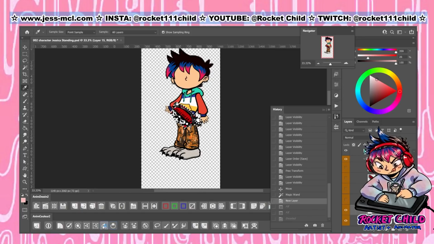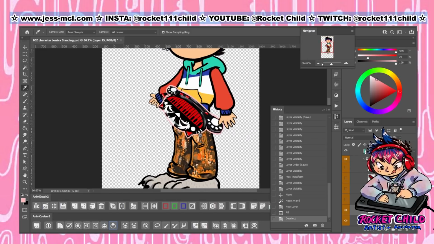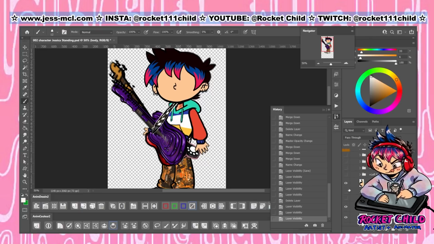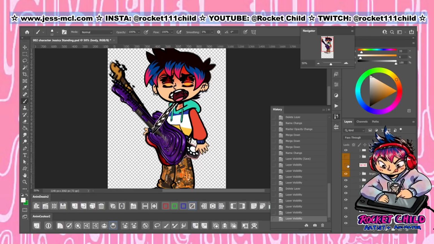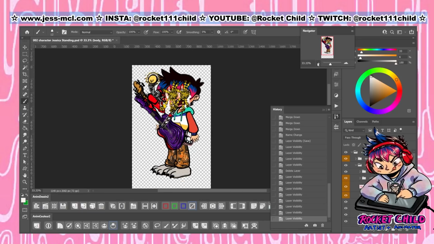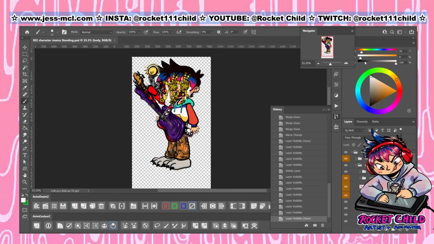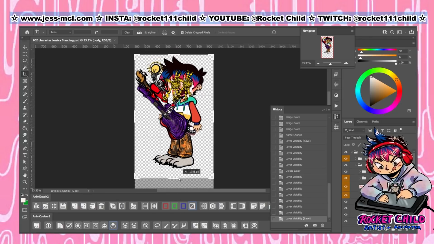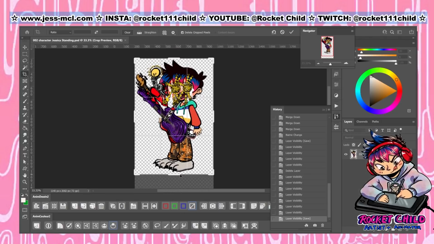Again, it's all about trial and error until you find something you like. I'm gonna put back everything else. And there's extra space under the feet, so I'm going to close that up